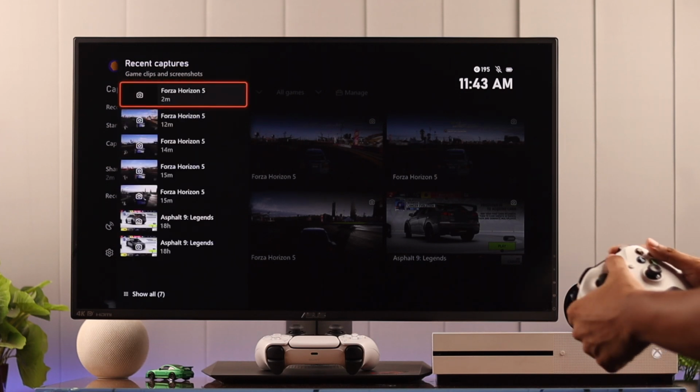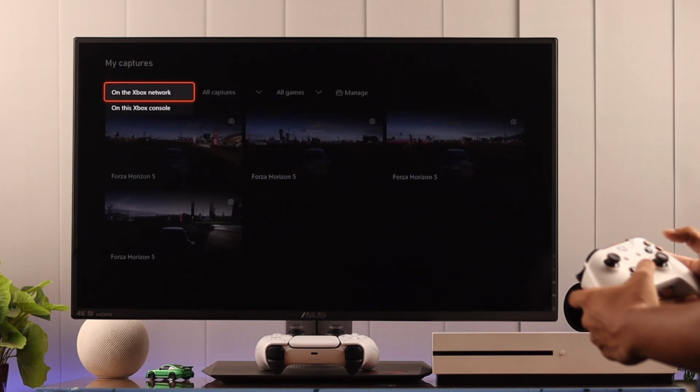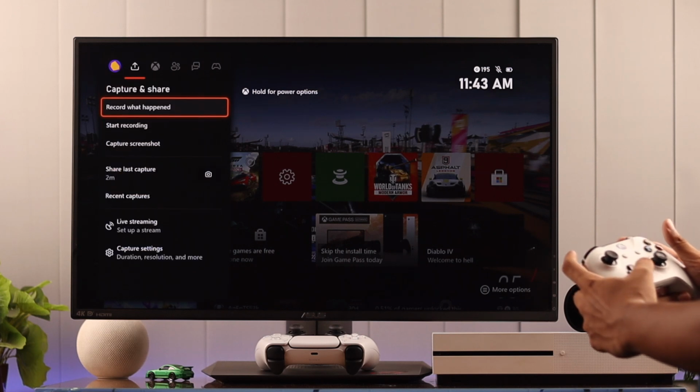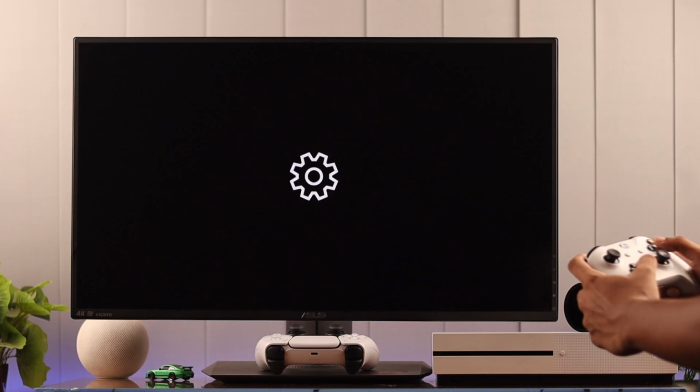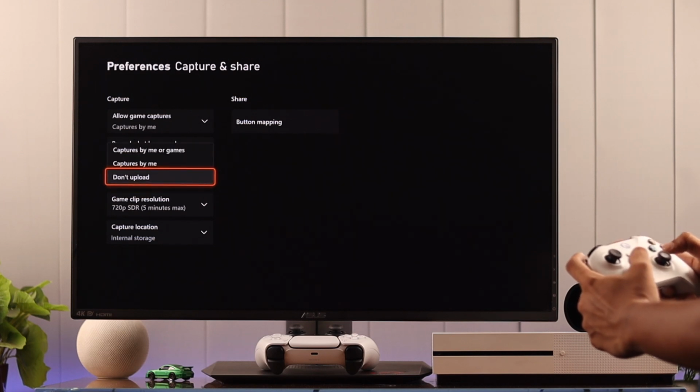You should note that by default, Xbox will automatically upload your captures to the Xbox network. If you don't want that, then you need to disable it by going to the Capture and Share again and then selecting Capture Settings. And from here, you'll have to open the Automatically Upload tab and then select Don't Upload